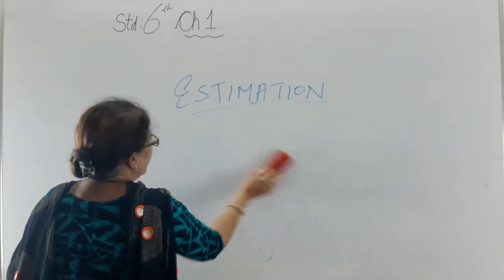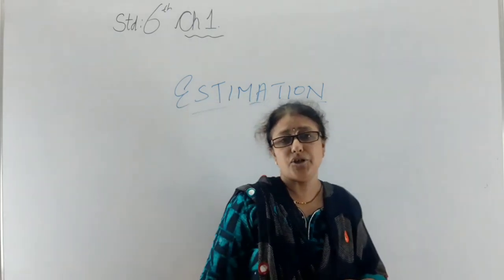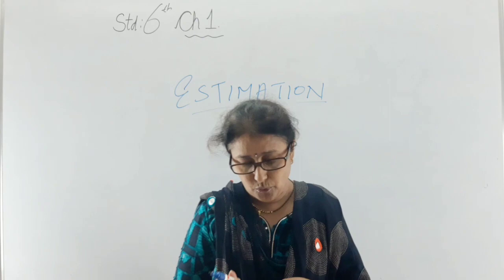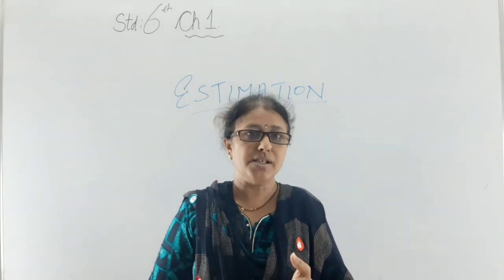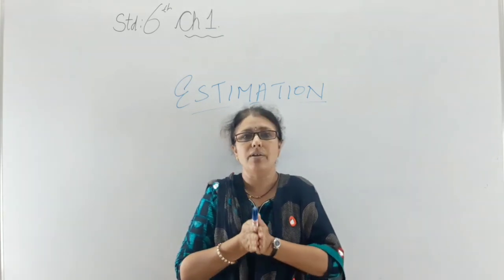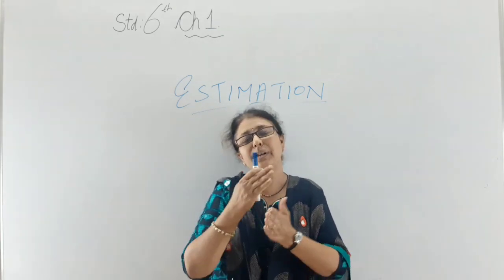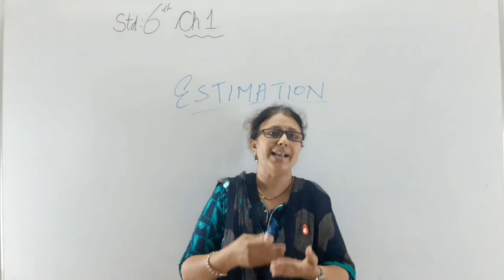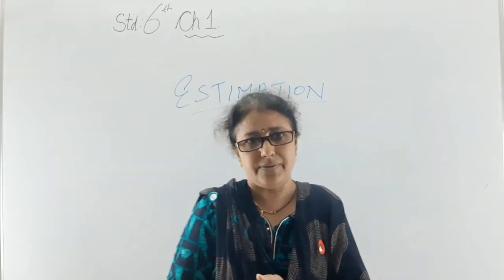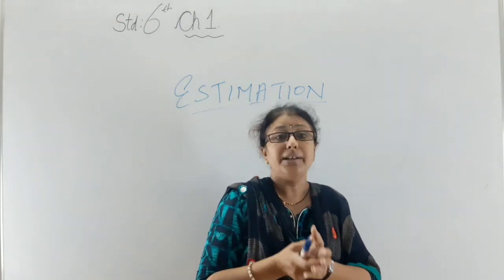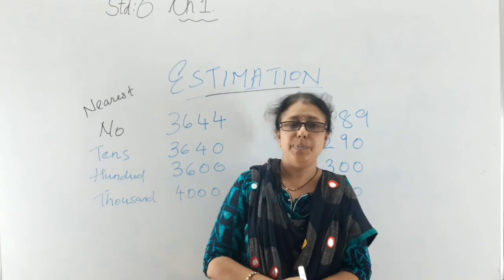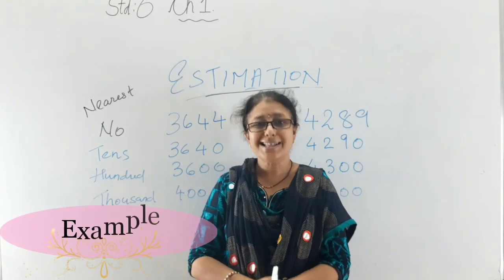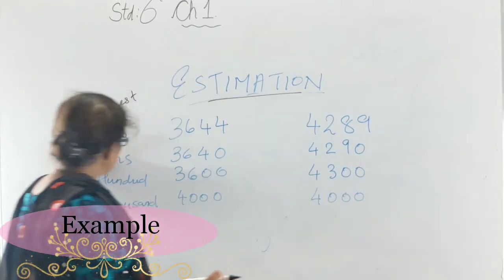Now, we have different types of estimations. In many of the sums you will see that estimations will be in the place of tens, 100, 1000, or we will be having the general rule. So let me explain one by one how you find the estimation value if a number is given and it is in the tens position. If you have to find estimation of 10, 100 and 1000, how will you do it?